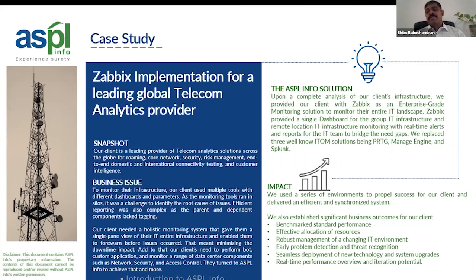We had a couple of SIEM tools and a couple of monitoring tools that needed to be migrated onto Zabbix. Taking up this case from individual tools and individual KPIs for the entire infrastructure, we migrated the monitoring of each and every parameter from the legacy tools, or the best OEM tools they were using, onto Zabbix.